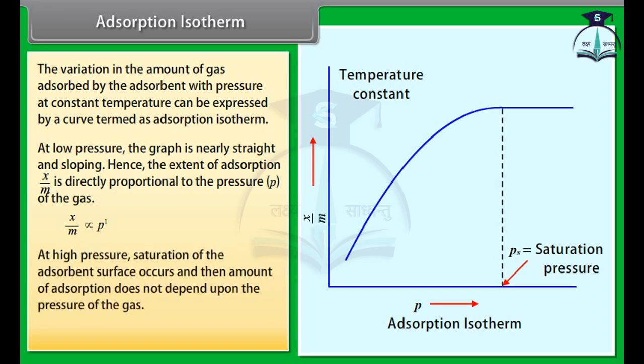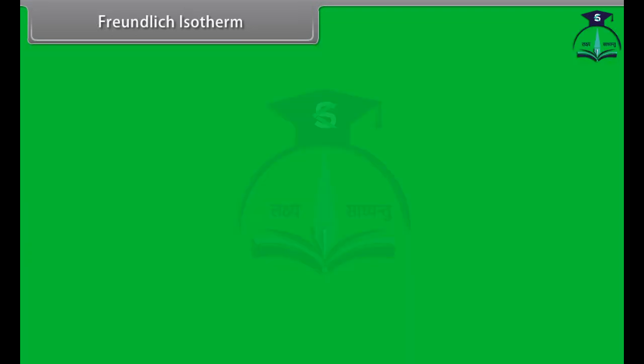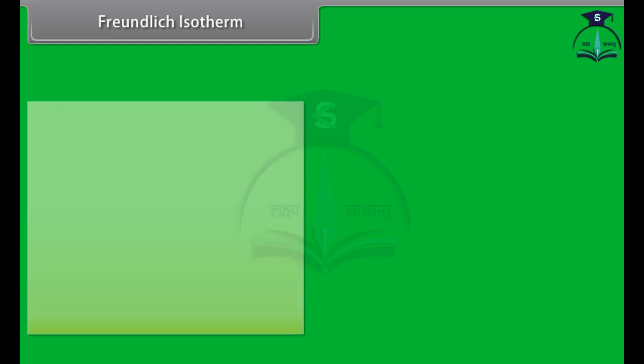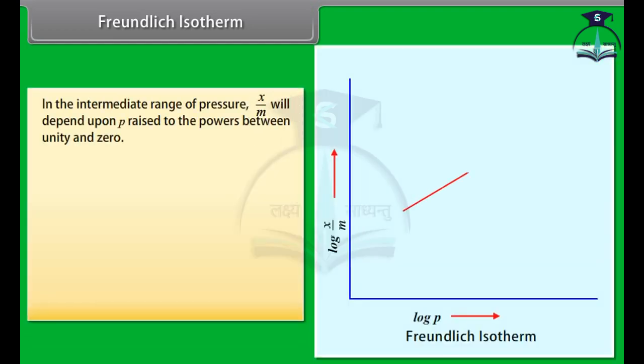At high pressure, saturation of the adsorbent surface occurs, and then the amount of adsorption does not depend upon the pressure of the gas. This can be expressed as x/m ∝ P^0. Freundlich isotherm. In the intermediate range of pressure, x/m will depend upon P raised to powers